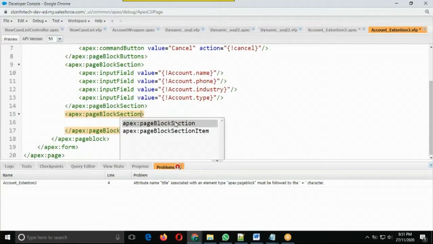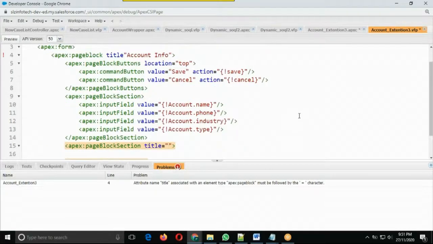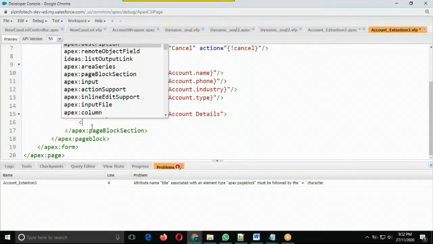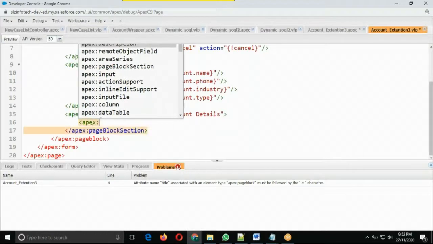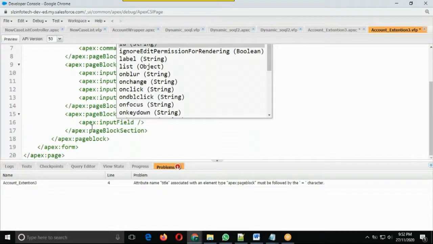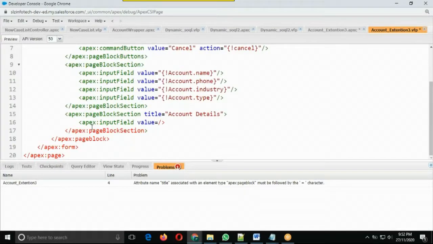Page block section. Title info. Account info. Then some other information.